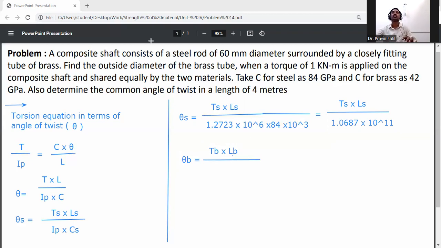IP is pi by 32, pi by 32 it is 0.09817 into, in bracket, capital dB raised to 4 minus small dB raised to 4, that is 64 raised to 4, 60 raised to 4, divided by,